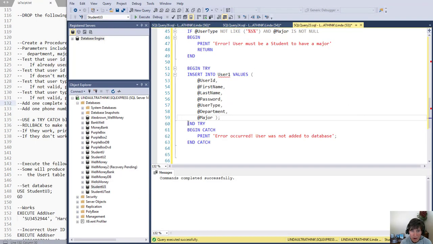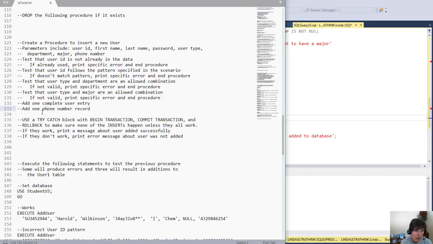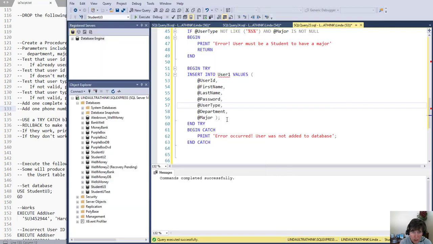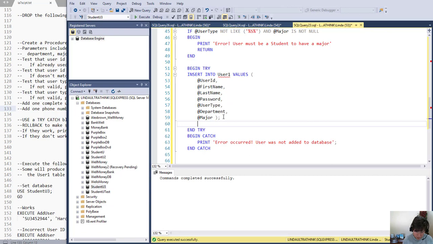Now the next step after we've entered a user is to enter a phone number entry. Remember that the scenario stated that each user has one or more phone numbers. So for a user to be valid, they also need that phone number record. So inside this try catch block, because this also could produce an error, we want to insert